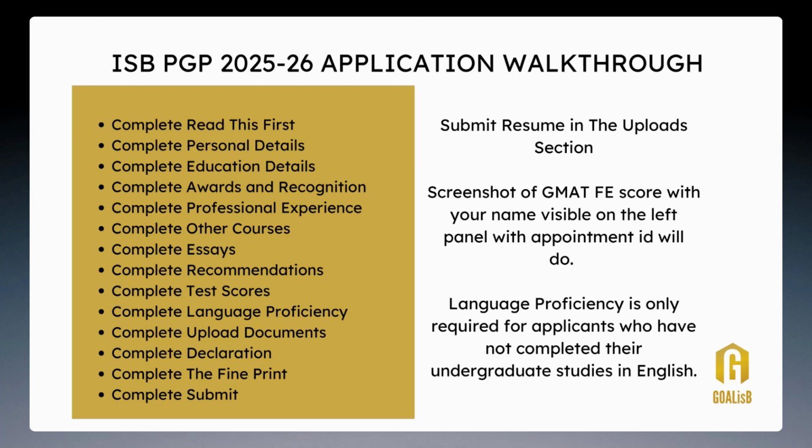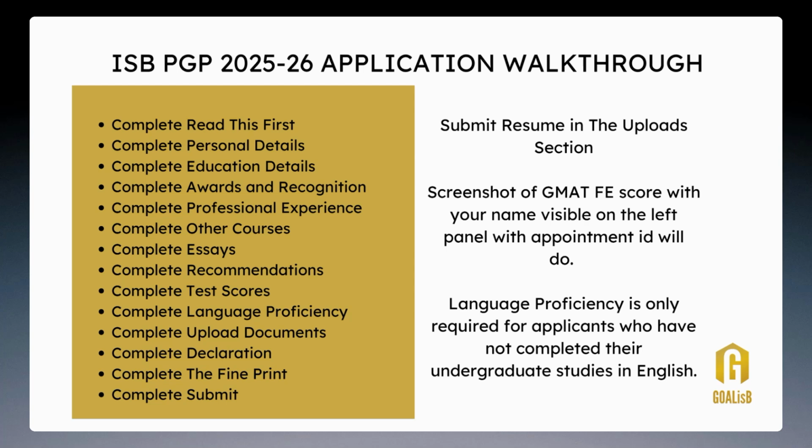Come to the upload document section. Here you have to add your resume and your proof of income. Complete the declaration part. You can choose your campus of preference and then come to the submit section. When you are coming to the fine print, go through everything in detail. There are a few questions that you have to answer which are pretty standard. Add all the responses and then come to the submit section.